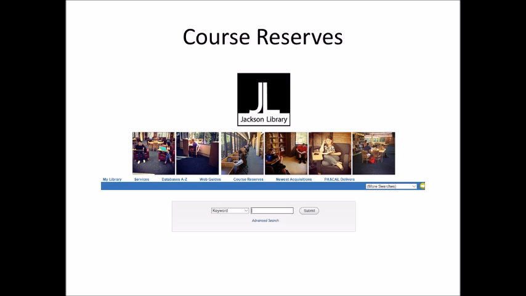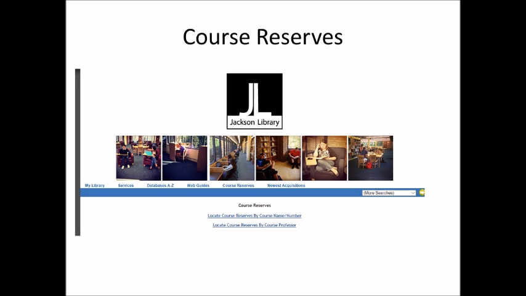And I should point out that it's the same thing with articles. You can also use interlibrary loan to get articles. One thing you can also do is to see if your professor, in this case, me, Dr. Roush, has put any books on Course Reserve. Course Reserve, basically these are books that are taken off the stacks and put behind the circulation desk, and that people are allowed to take out, but only for a limited time. And usually I'll do this with books that are directly connected to my courses I want people to have access to. So what you can do is you can just click on the Course Reserves